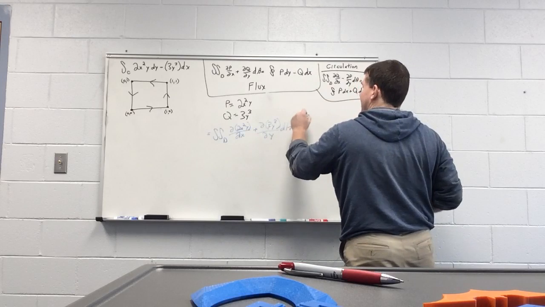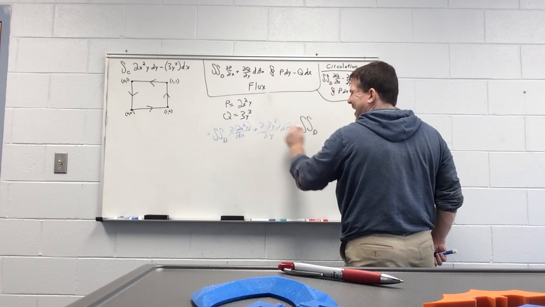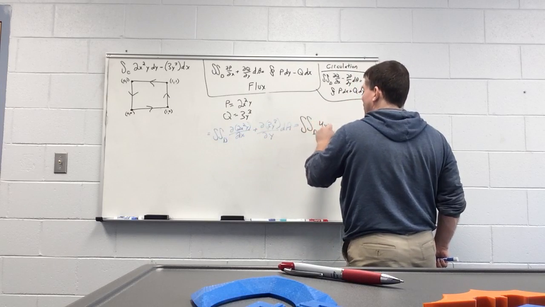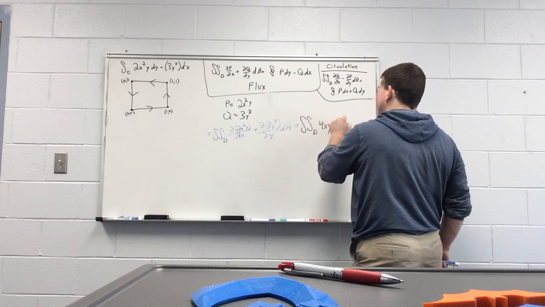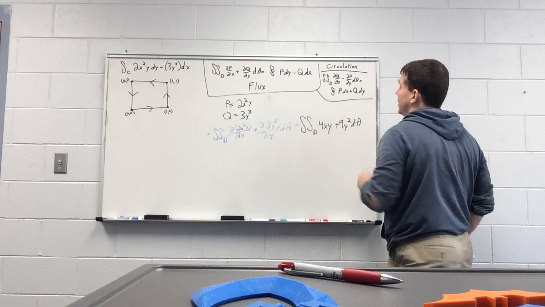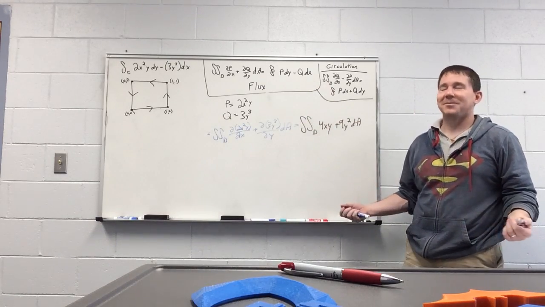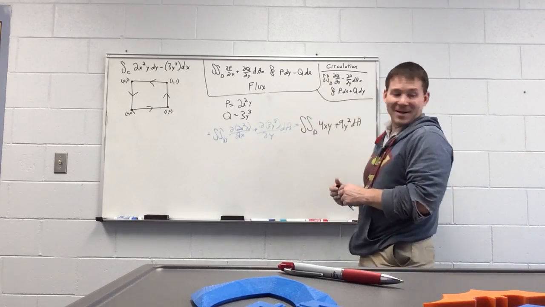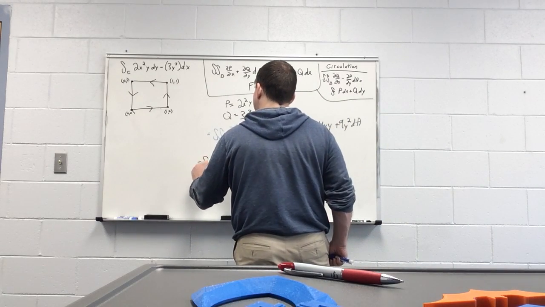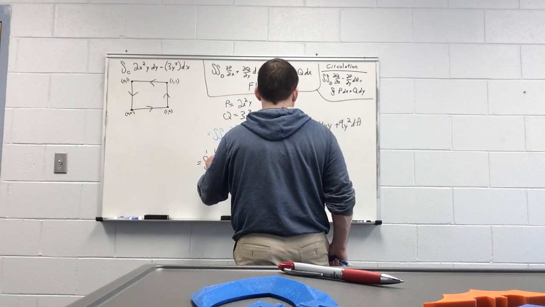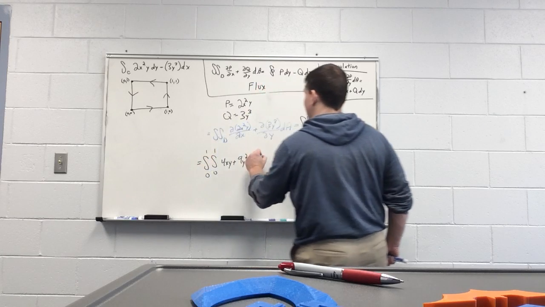First, I do my differentiation. The partial of this with respect to x will be 4xy, plus the partial of this with respect to y will be 9y squared. Now set up my limits of integration. In this case, that's a unit rectangle. It's the definition of a rectangle, so those are just going to be 0 to 1 and 0 to 1. And I get the integral from 0 to 1 and 0 to 1 of 4xy plus 9y squared dA,